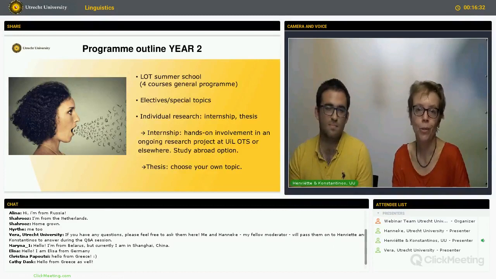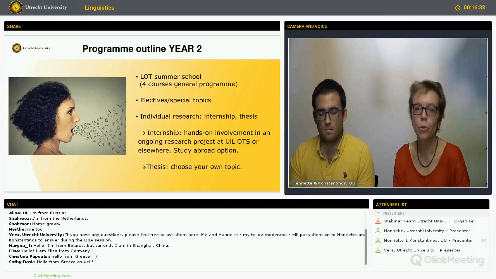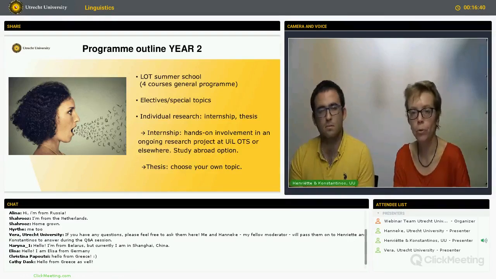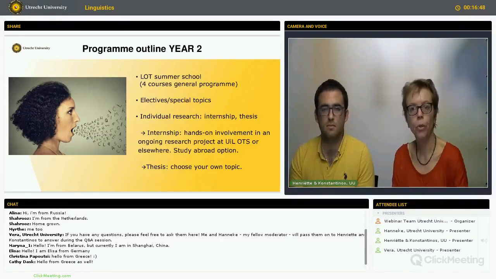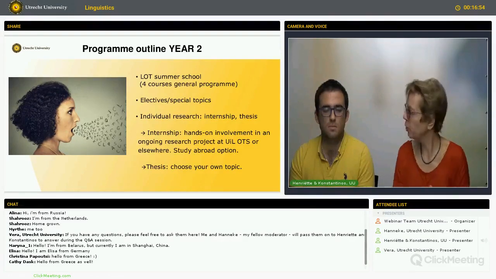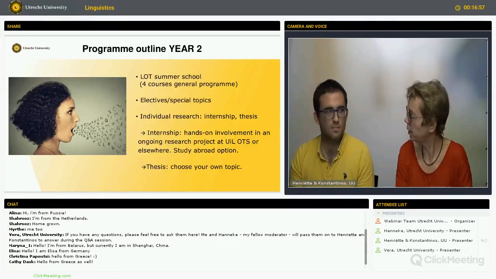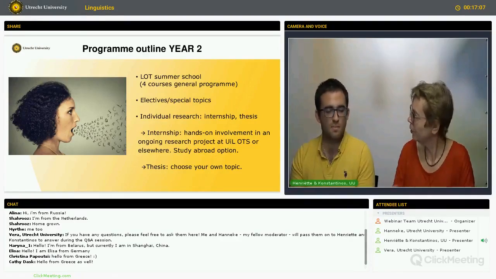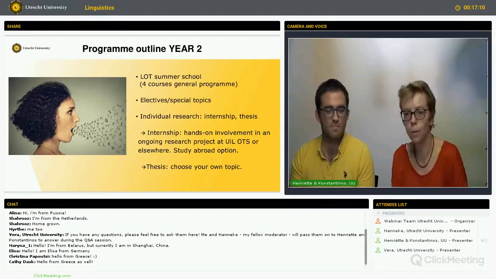The thesis is the final piece of your program, and that is really your calling card for the period after the master. So then you get to choose your own topic. What many students do is find a project in the area of their choice, in the subdiscipline of their interest, and then they first do the internship in an existing project, and then they learn to build on that research experience to find a question for their thesis, right? That's what many people do. Yeah, see the methodological background, and then feel more confident on delving deeper into that kind of subfield. And really finding your own questions that you want to answer, right? Yeah, that's how it works.